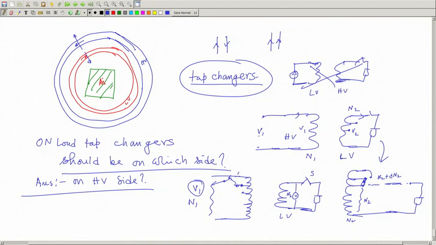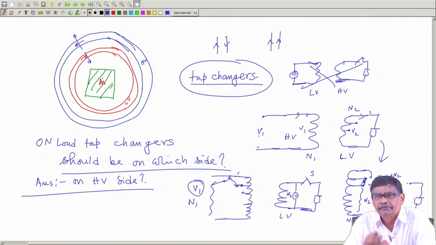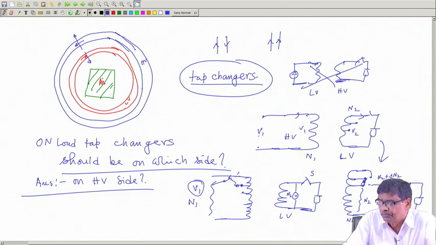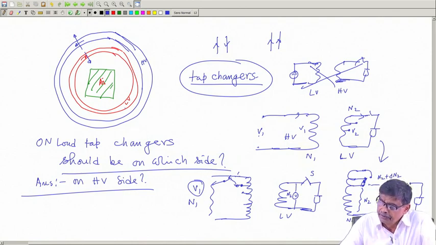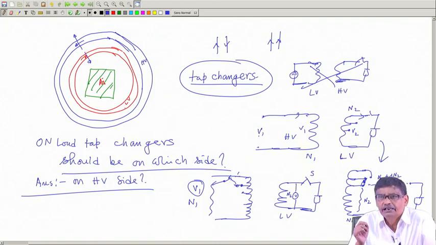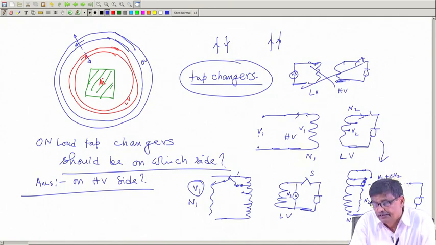So, these are very small, but very interesting things. We have done mathematics, so we know how to calculate regulation and efficiency, but I think whatever I have told you will give you a practical flavor of the way you look at transformers. Mathematics is there, but these are small but important things. Transformers are also provided with on load tap changers, and mind you, the number of turns will change a little bit, not more. I have not told great things about design, but that is the first starting point.